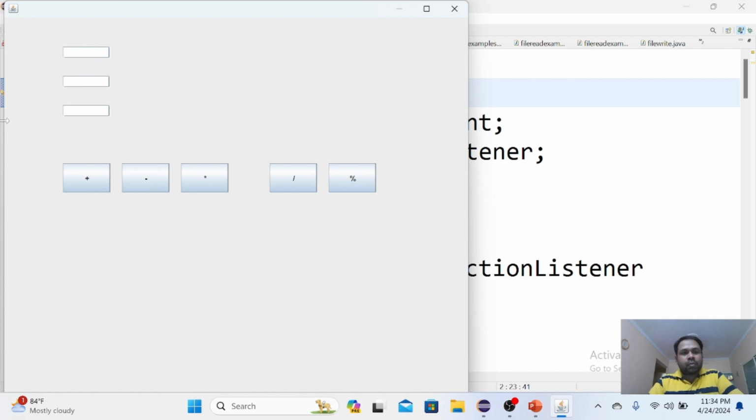So here we are able to see a frame, right? This is the frame, and these are the text fields: first one, second one, third one, and these are buttons. I have written some symbols like plus, minus, multiplication symbol, division symbol, modulo symbol. First of all, look at the functionality of this particular